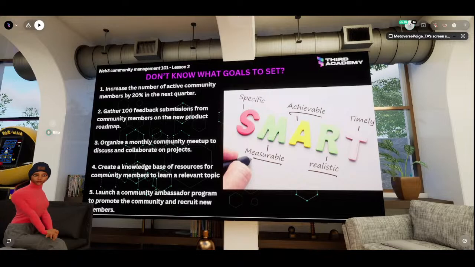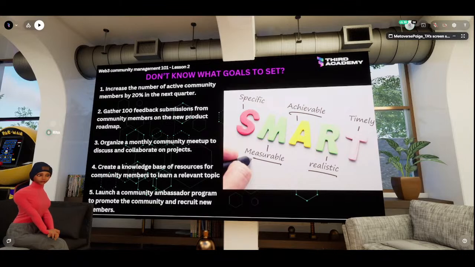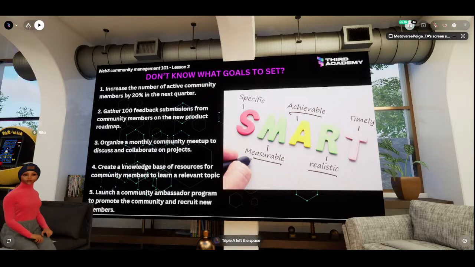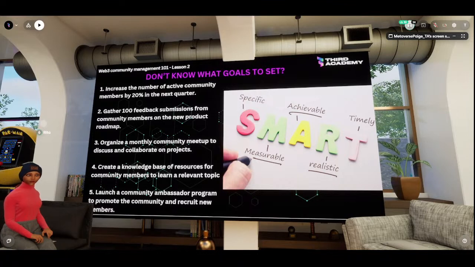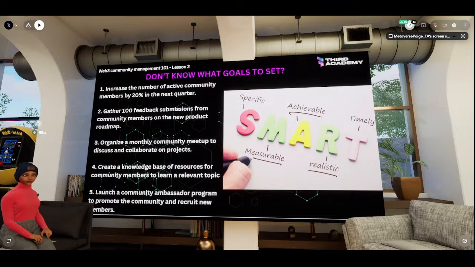And one mistake that I see a lot of community managers do is they try to set these goals on their own, right? And sometimes this can be misaligned. It may not be aligned with what brings immediate value and is relevant to the organization at that point in time.